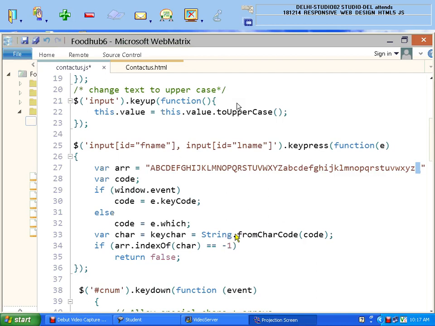I said keyChar equal to String.fromCharCode. It means whatever key I press, I want to get that value, change that value into a character, and then check where the value is. After that, if arr is an array, just like a variable, and .indexOf of this, the parameter I am using is the char, equal to -1, means if my computer will find any character which I press in this place,